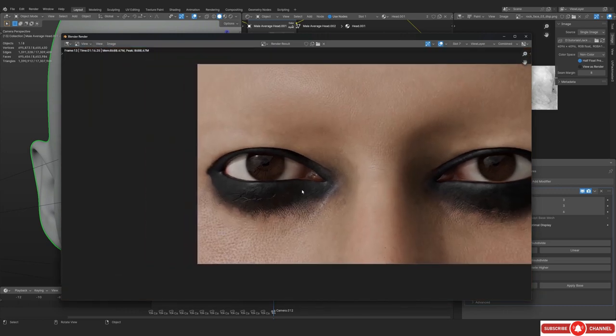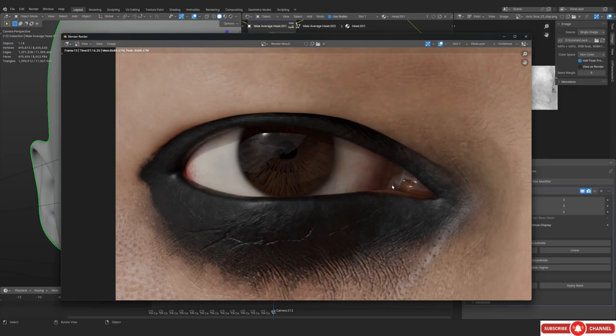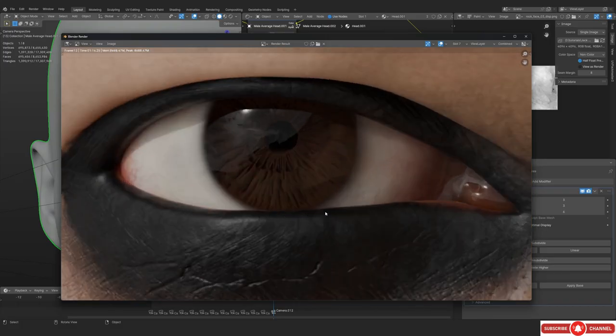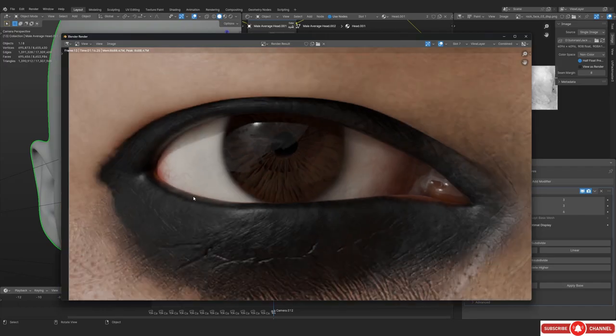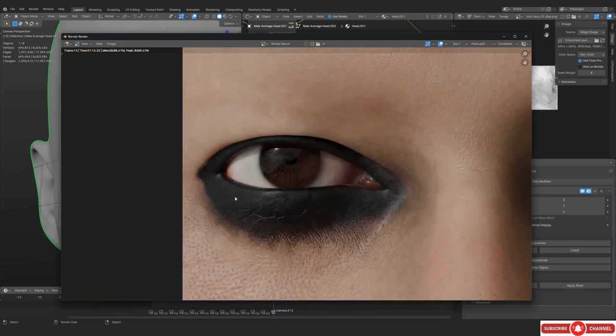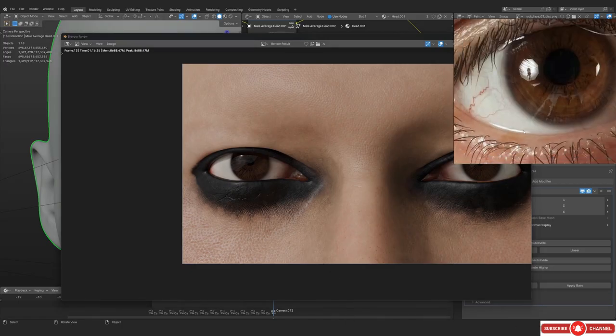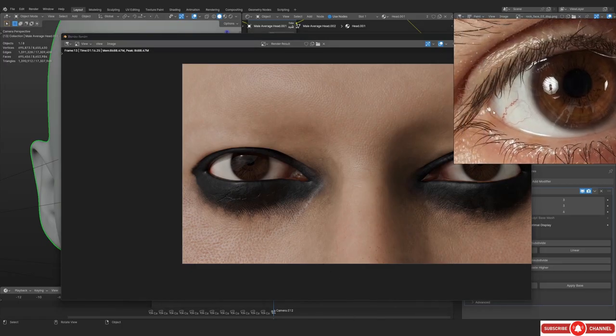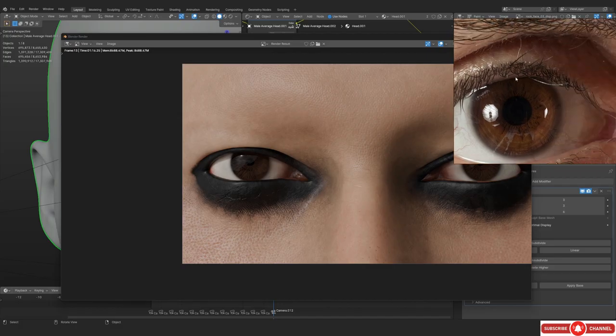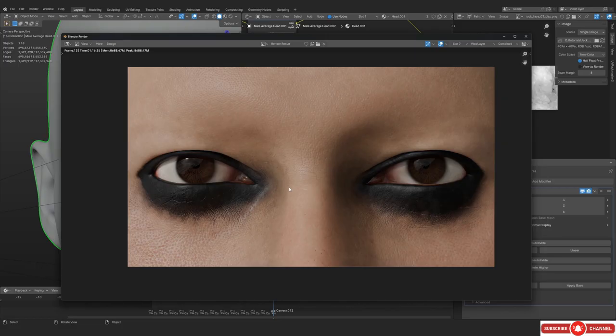But yeah, this is it for the video. All I'm going to do now is fix some stuff behind the scenes. For example, removing some of the black from this area. I think it's literally going inside of the eye, and we're going to have to add this particular part, which is what you would call the tear line. Yeah, I remember it now. The tear line is what we're going to be adding next, because right now the eyeball seems different from the eyelid. So yeah, that's what we're going to be doing in the next one.